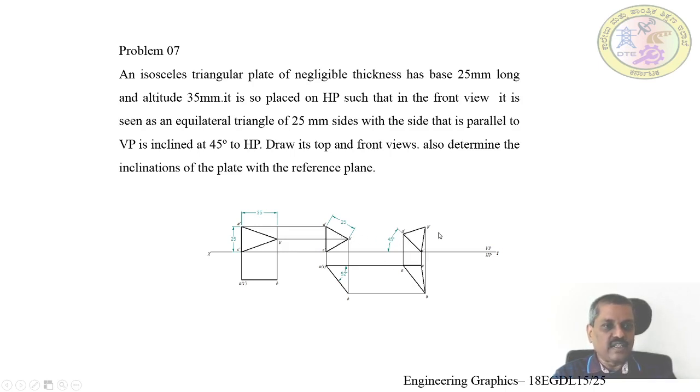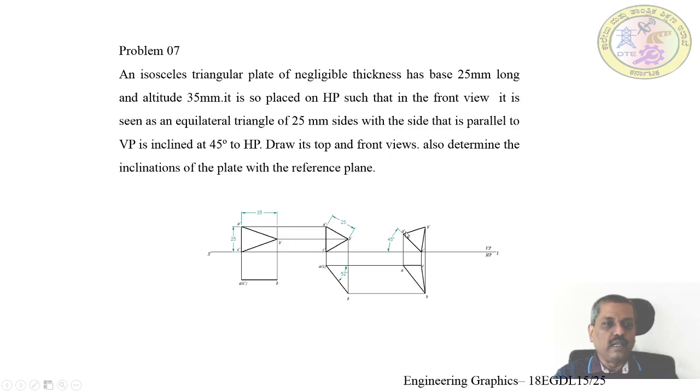Now you have to reconstruct this equilateral triangle. So you just take A dash as center, A dash B dash as radius, and draw an arc. Similarly, C dash as center, and C dash B dash as radius, draw another arc. Wherever they intersect, you get the B dash, and you complete the triangle. And what you get is the equilateral triangle, in such a way that one of its edges, A dash C dash, is making 45 degree. This is the final position, and in this condition, you have to draw or obtain its corresponding top view.